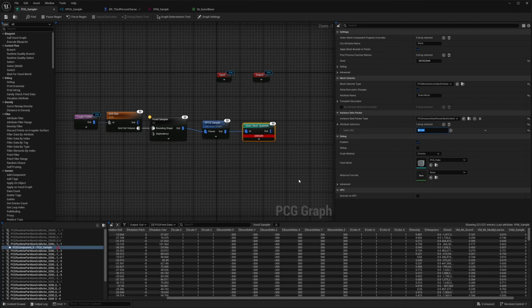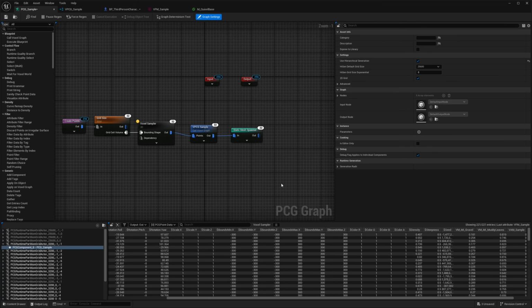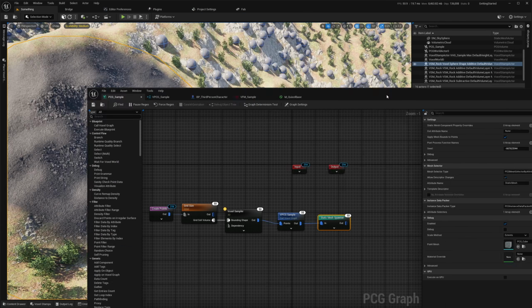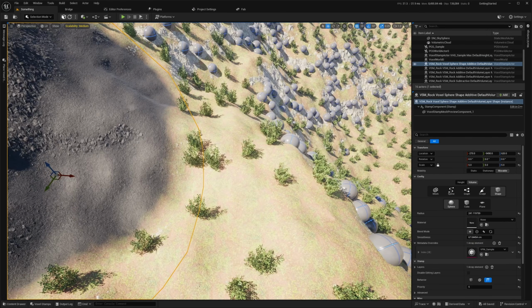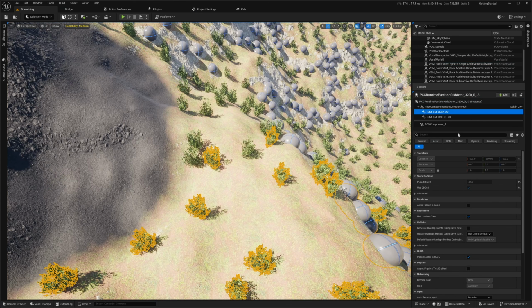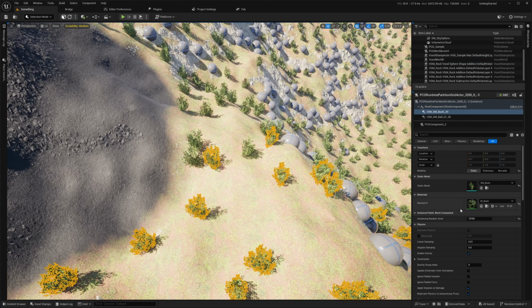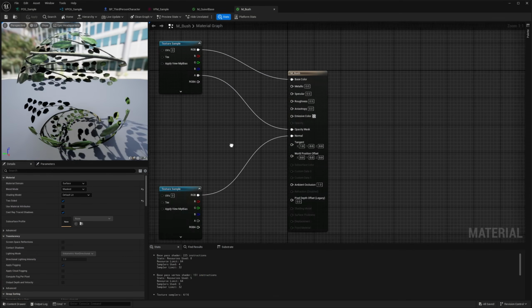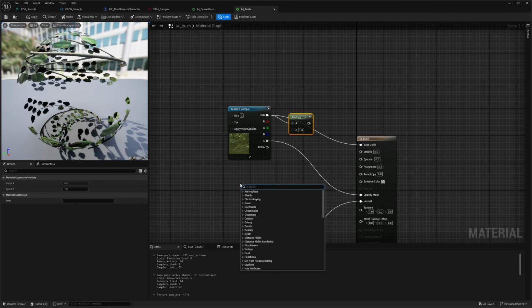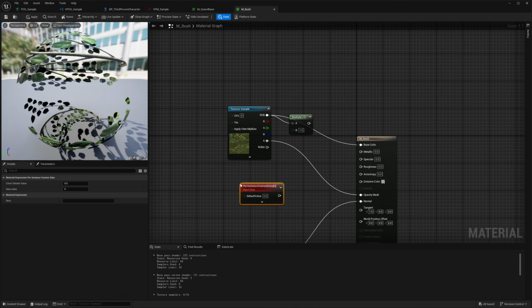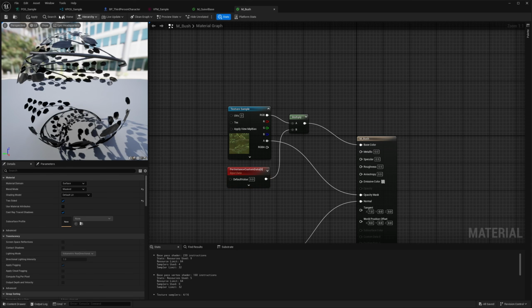You know, heck, we can even just do that. If we do VFM sample, it'll find that one and it will now be writing that. But of course, because we have these bushes and stuff not using that in the material, that's not going to do anything yet. If we just select this, so we've opened this material and we do per instance custom data. This is a bit of a special snowflake material node. You need to work by indices. It doesn't have names, but this is the first one we're adding to this array, so it is always at 0. And if we now apply this